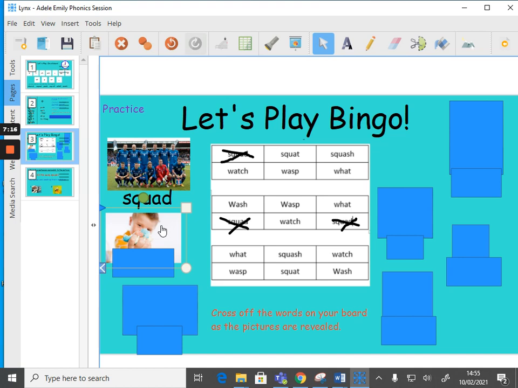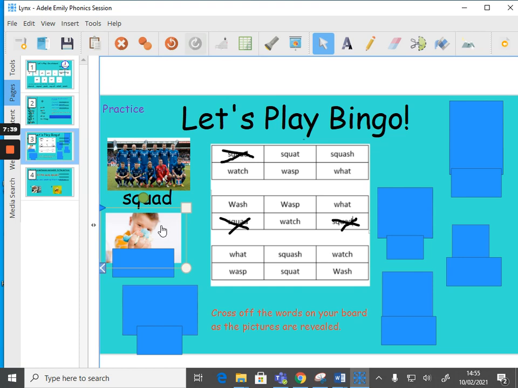Squash. The baby has got something in his hand and he is squashing it. Squash is the next word that you are looking for on your bingo board. Squash. So again, I can hear a qu sound, so after it I am looking for the short O sound,